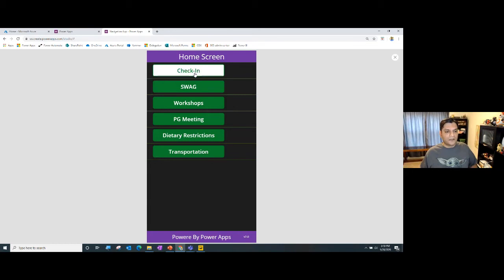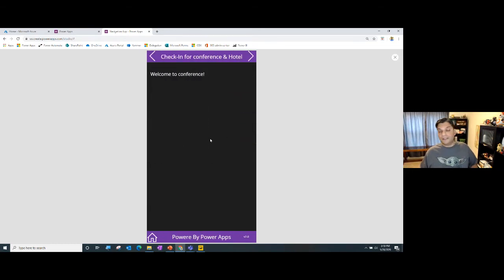So as somebody who's new, I come in and I want to start my check-in process for this conference that I've attended. I click on check-in over here, and I've intentionally left this blank because that's not the point, but I've done something. I have put in various ways to navigate through the app. Keep that in mind, all right? Because I'm going to show you some things over there. So I came into the initial check-in process for the hotel, and I went ahead and checked in over here.